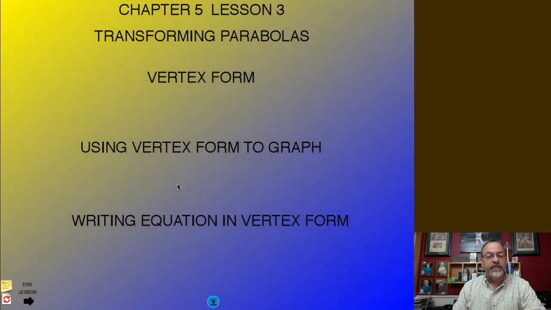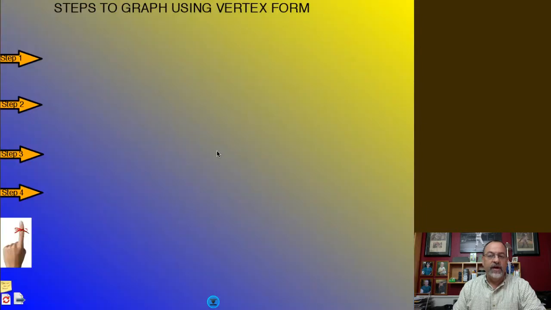Chapter 5, Lesson 3 of Advanced Algebra. Now that we know what vertex form is, how can we use it to help us create our graphs? Vertex form is going to make it very easy for us to sketch these graphs, because rather than going through the whole opposite of b over 2a to get the x value and then substituting that in to get the y value, in vertex form, we already know where the vertex is, so we just simply do a